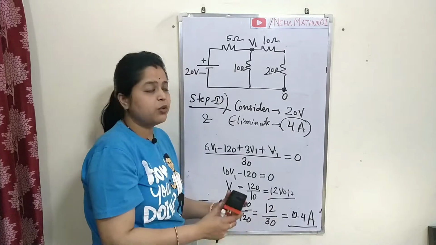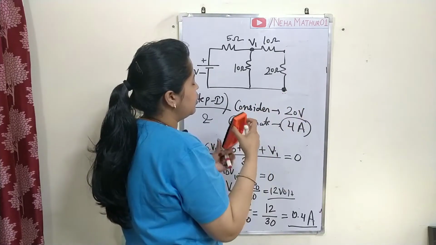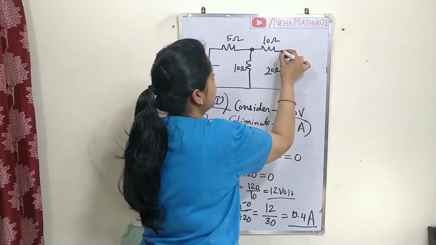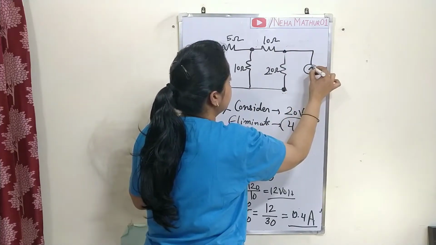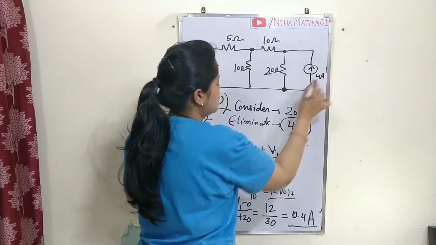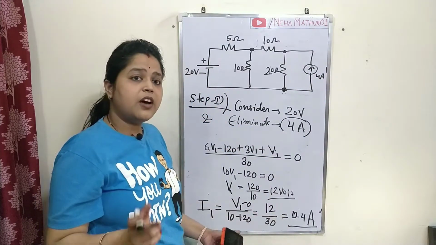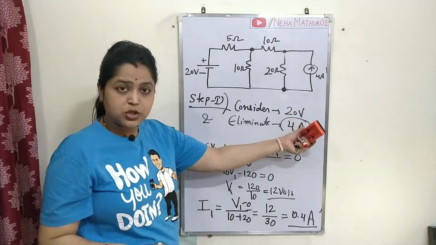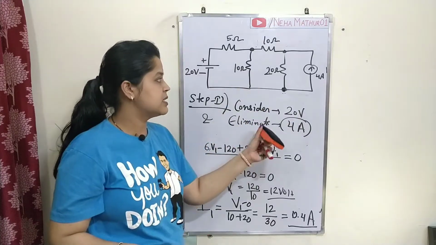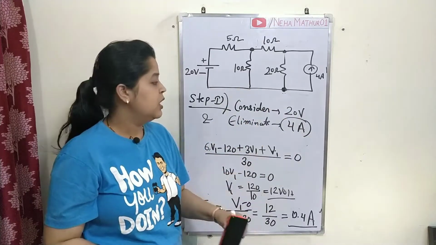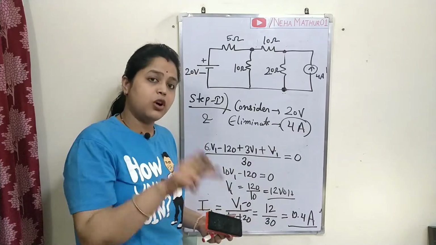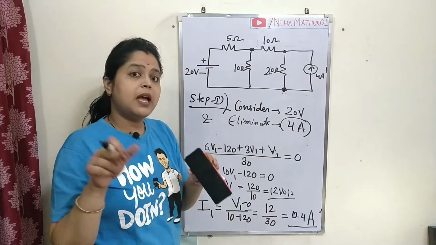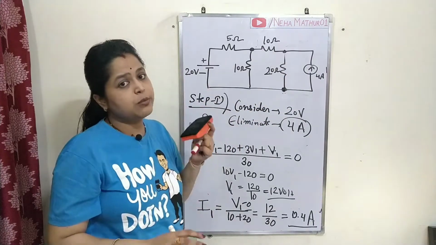So this is the current flowing across the 20 ohm resistor because of this 20 volt voltage source. Now I am taking the actual circuit. See, this is the current you are getting after your first step, that was just considering one voltage source in the circuit while eliminating the second current source from the circuit. Now the same step you will have to follow by considering the second current source in your circuit and by eliminating this voltage source from your circuit.